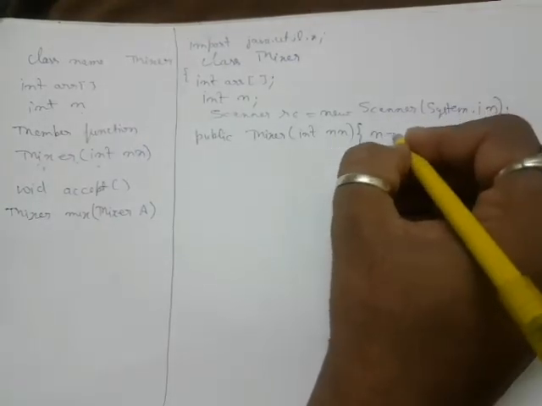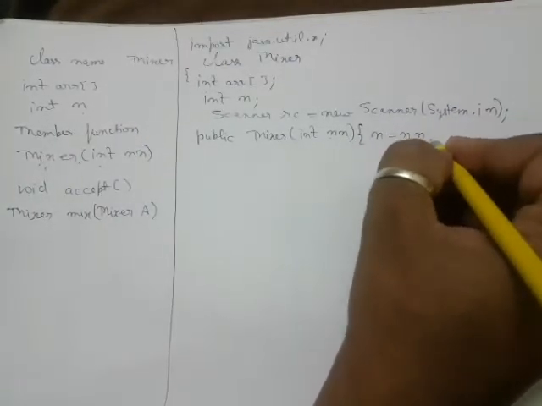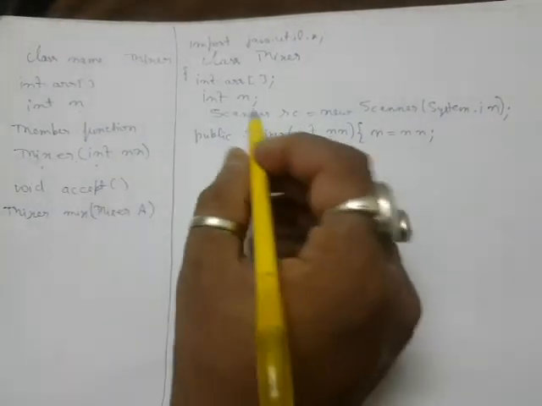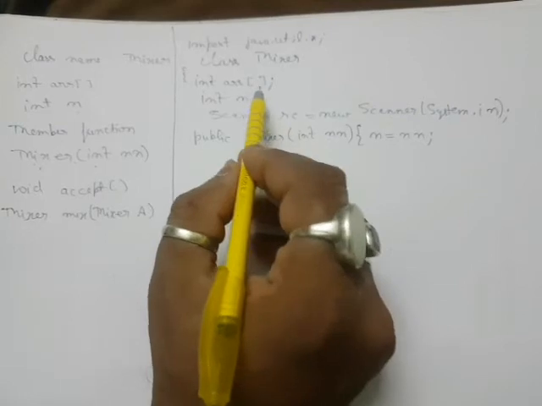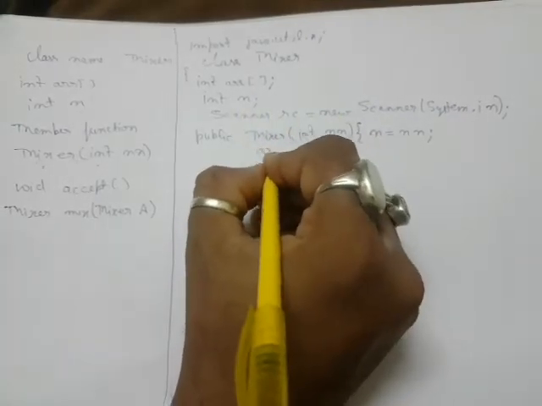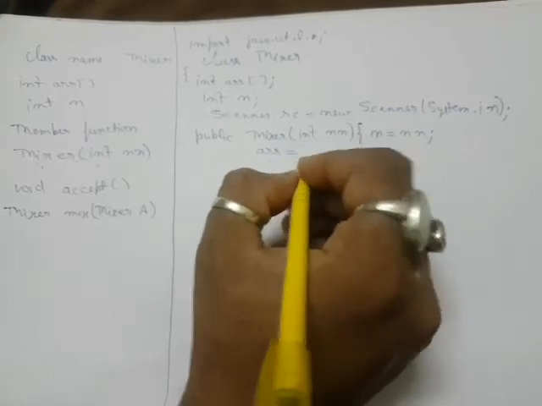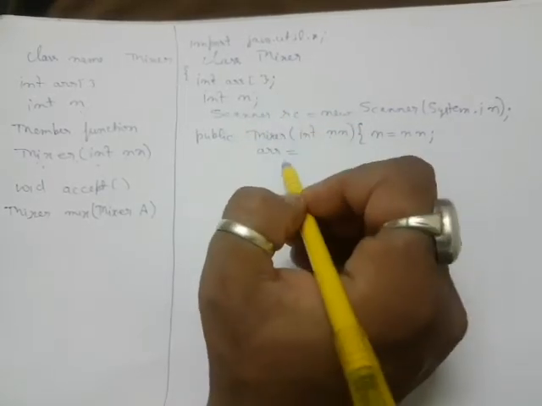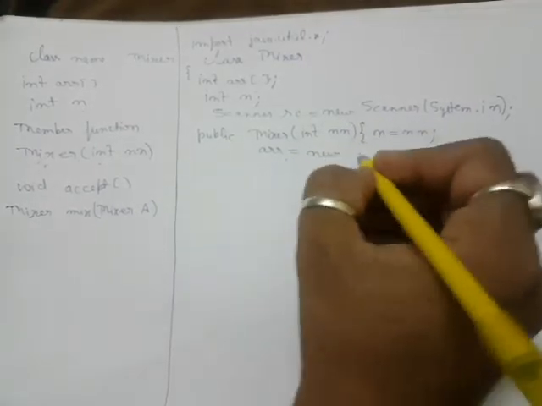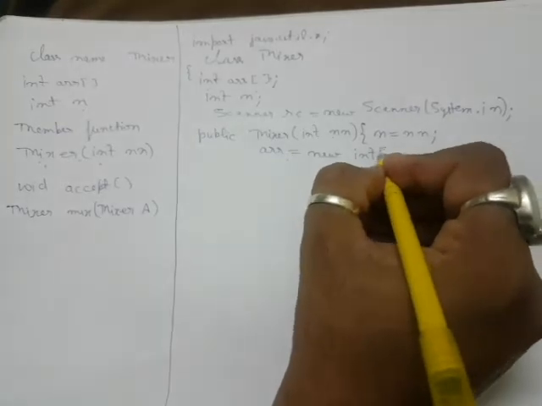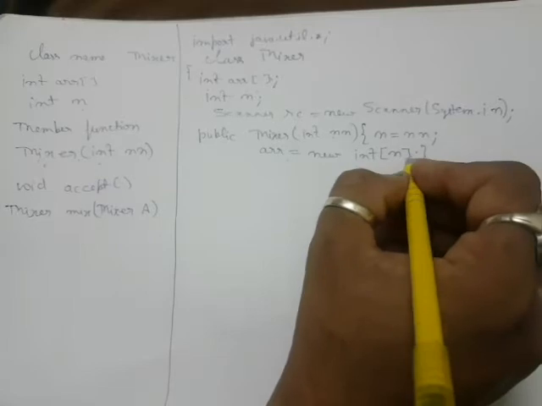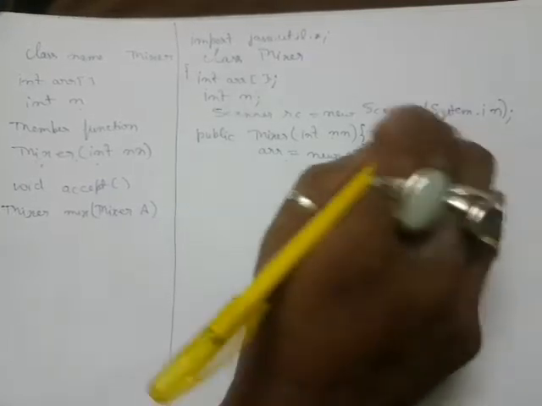So the plain statement will be there and the assignment operator, n = n. Alright. Now after that we have to allocate memory to the array also. That's a very important step. So I write here as a second step, arr equal to. Just notice this thing, I have not used a square bracket again while allocating the memory. So I write here new and then int and then a square bracket, and here I specify n, and then I close. This is the parameterized constructor. It's over. Okay, it's a perfect one.